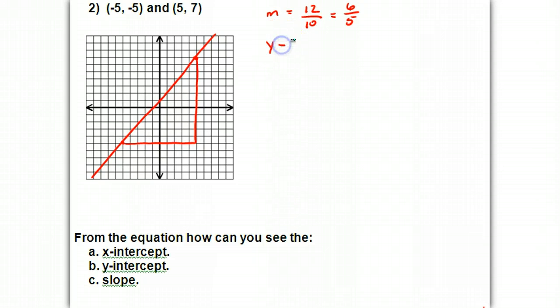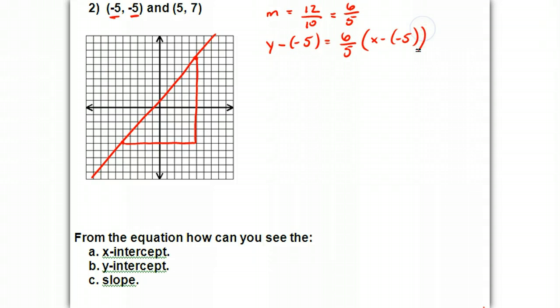So y minus 5. So I'm going to use this point here. So my y1 is negative 5 and my x1 is also minus 5. It doesn't matter which point you use. If you use the 5 and 7, you're going to get the exact same answer in the end, but I've just chosen that point. So y minus 5 is equal to, now my slope, ooh, scary, a fraction. Okay, 6 over 5 times x minus